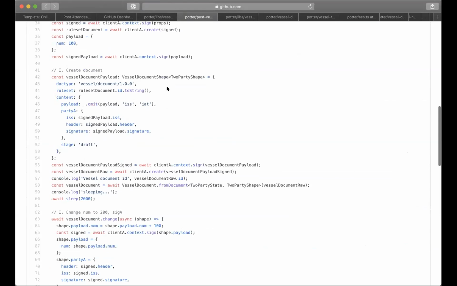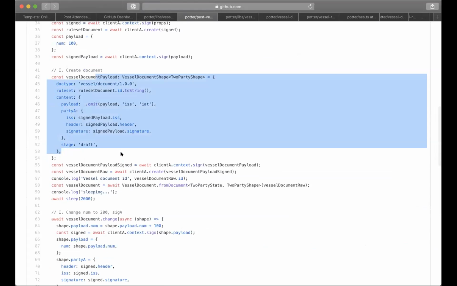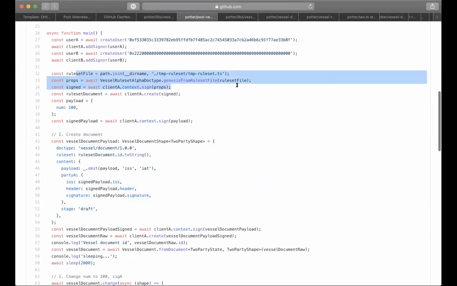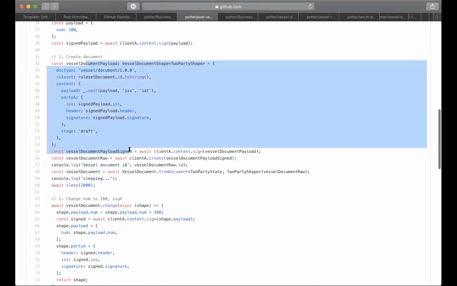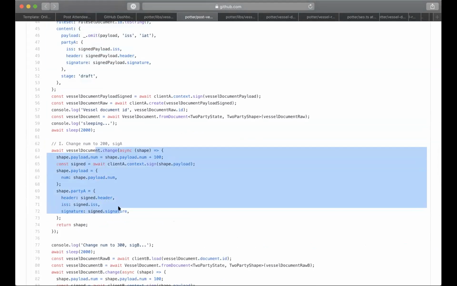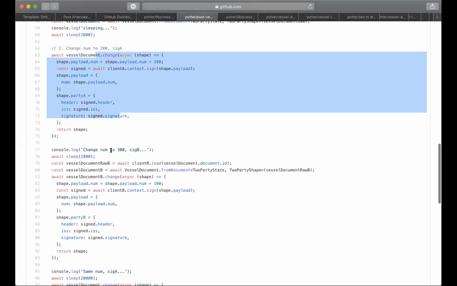No. Do something like this. First, you create a sample rule set file that is actually shared for all the world, and it is a document itself, so it could be changed by another rule set. And then you create the first payload, then add signatures, and after that you'll have